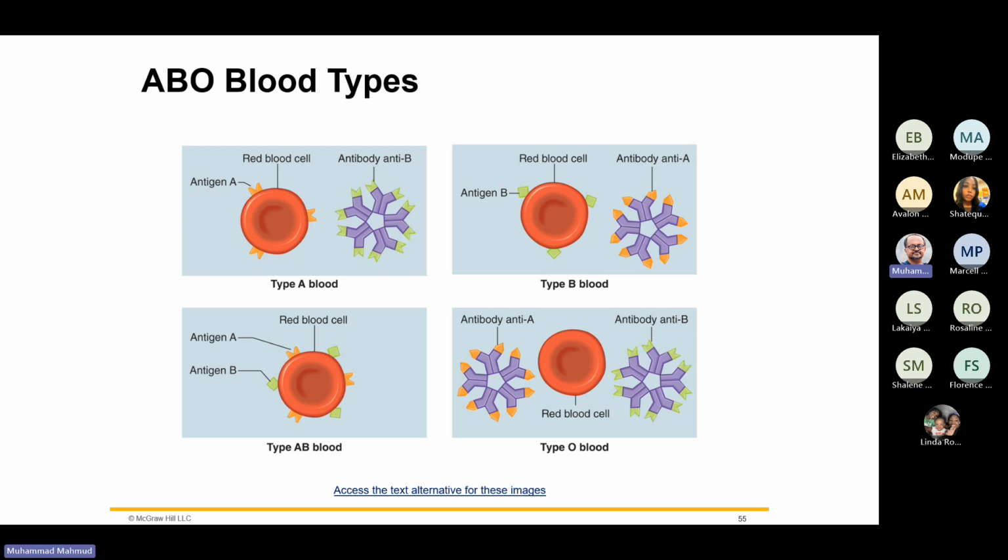And this is what we do to find out the blood type. On a slide, we place a few drops of blood, and with the antiserum that contains antibodies A and B, we add them to the patient's blood sample. If it makes this agglutination process, then we know that it's reacting with that blood, and this is how we determine their blood type. Say, for example, the first one, blood type A, this blood will clump with anti-A antibodies,